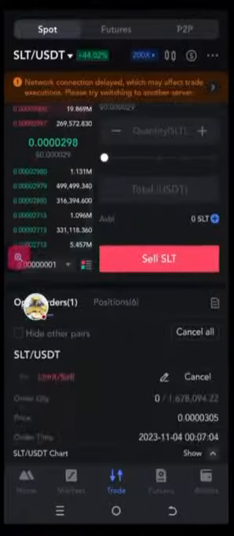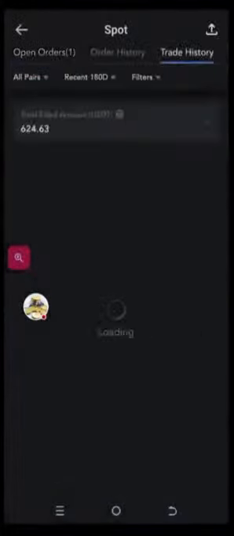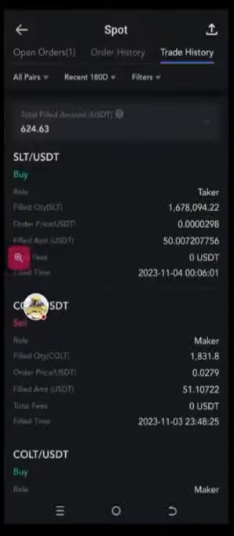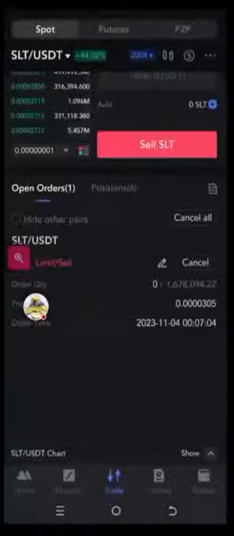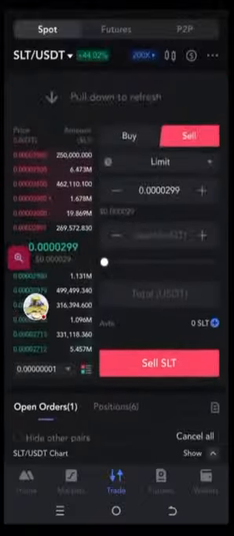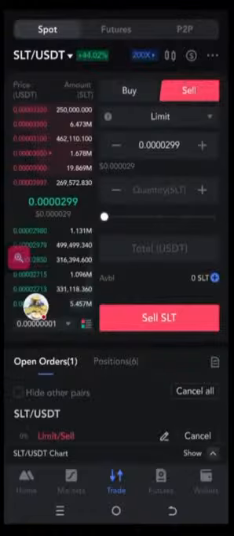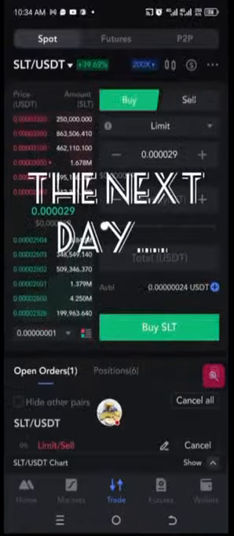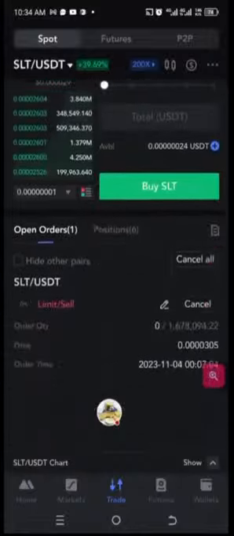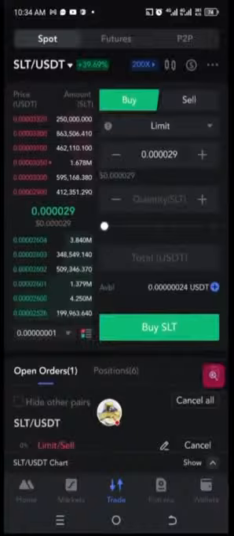We're doing SLT. How much did we buy it at? I think we bought SLT at, what was the price? Let's see, the price was $298. And what are we supposed to get out of here? What's it now? $299. It's going up. We'll be back to check you out. Okay, so what's going on in SLT? We are still waiting in the queue. Let's check what's going on in the charts. We're supposed to sell this at